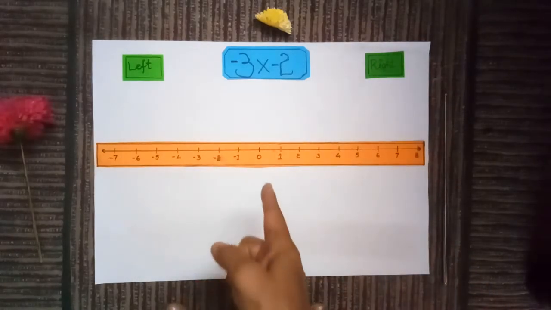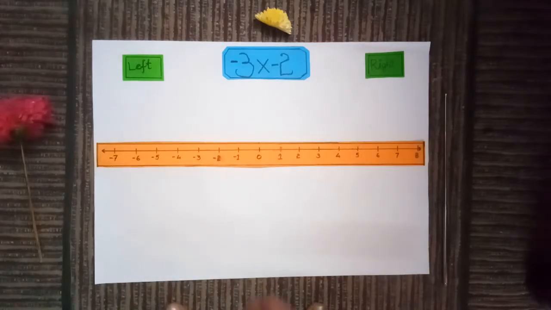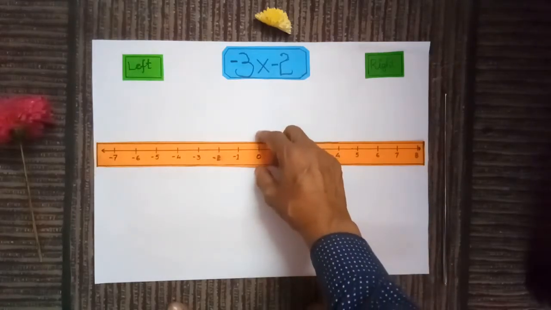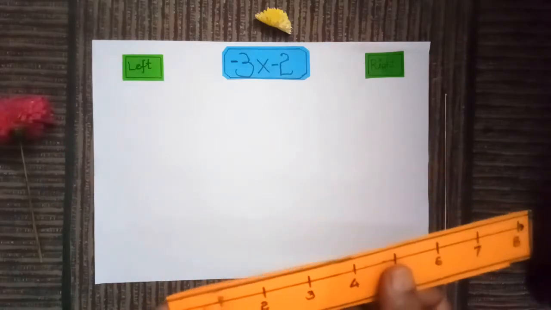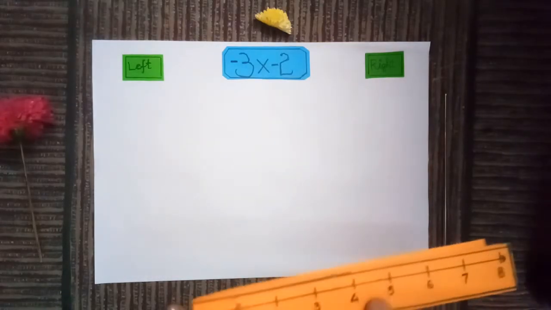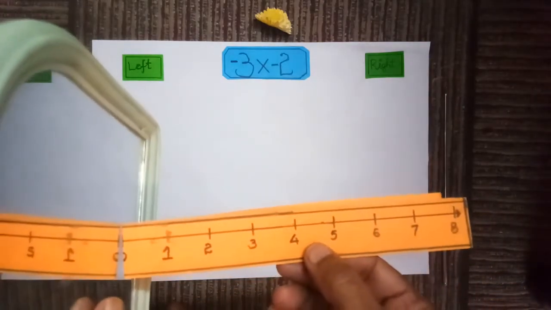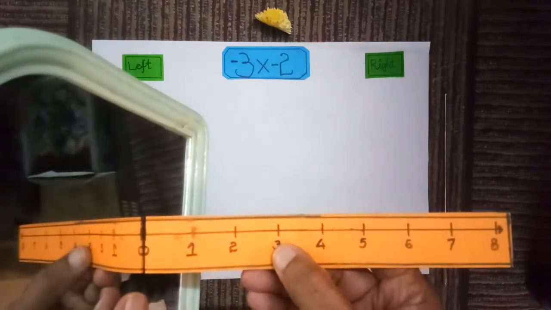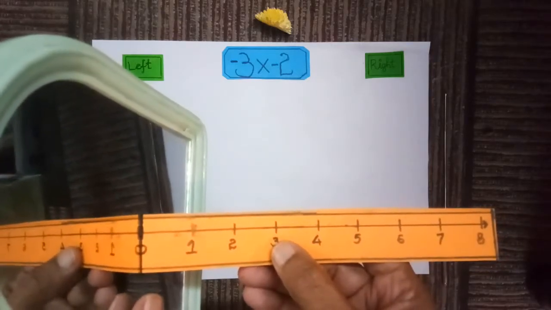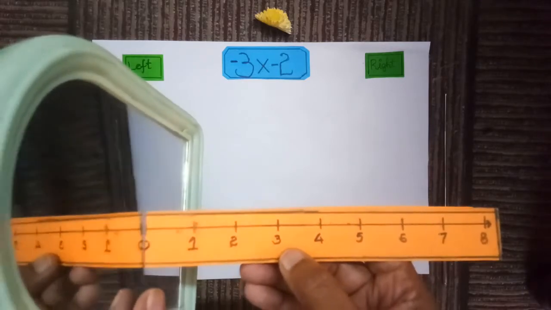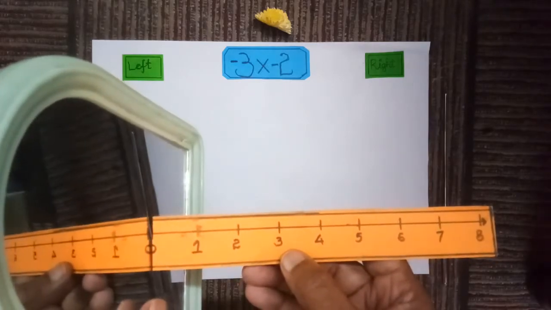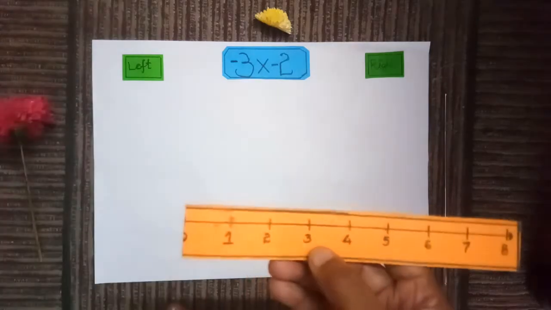Now these negative integers can be thought of as the mirror image of the positive integers. To understand this, try to hold a mirror exactly at the point 0 and place it in front of it. See, place it in front, and you can see the mirror image. It appears to be the negative integers. So the negative integers can be thought of as the mirror image of the positive integers.